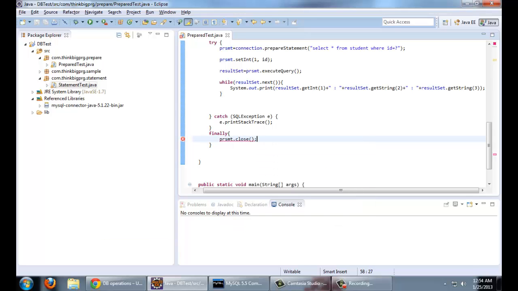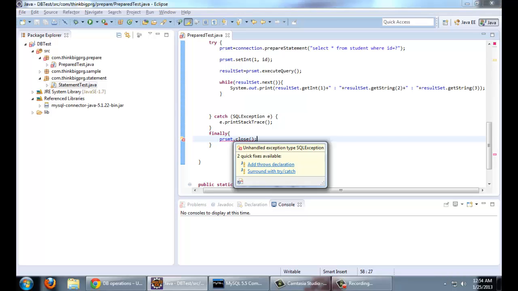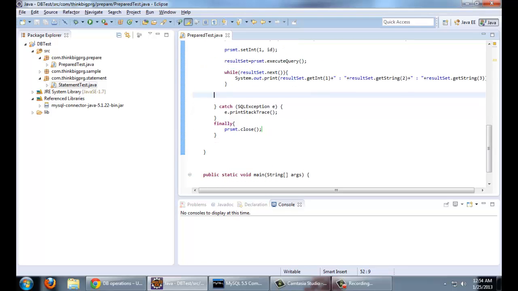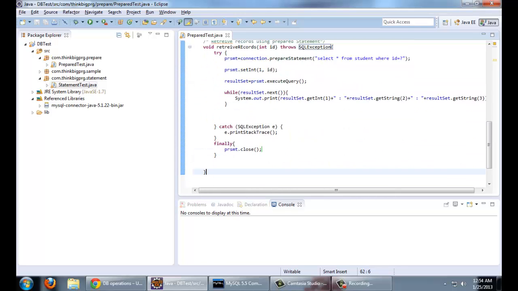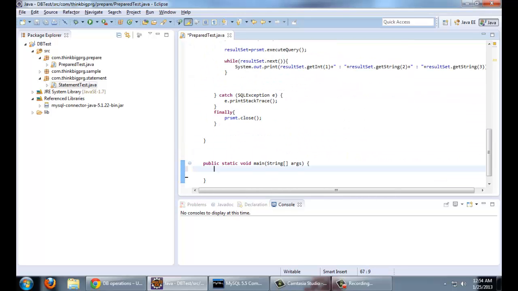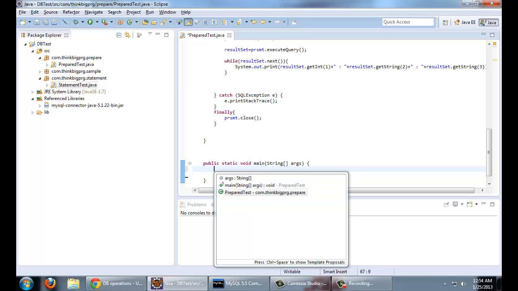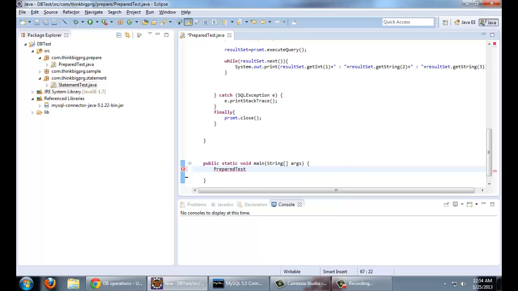Okay, we have done that as well. So this can throw an exception, so you can either surround it with try catch or you can add a throws declaration. I'll add a throws declaration. So that's completed. So all I need to do is prepare, create an instance and invoke the retrieve method that we wrote,